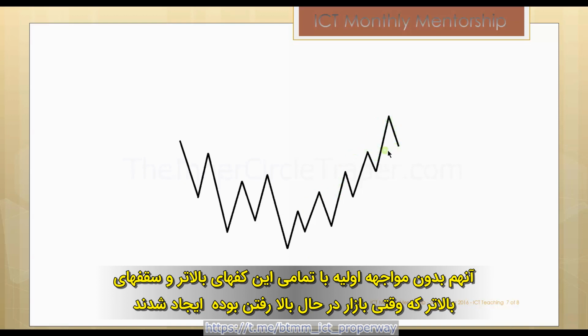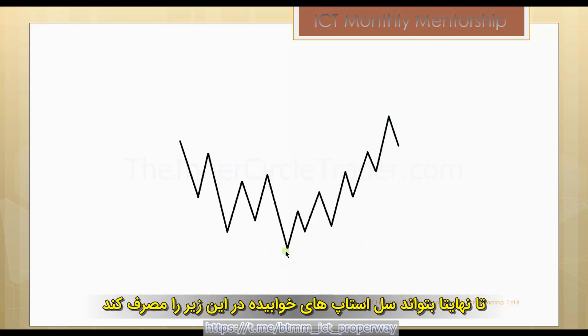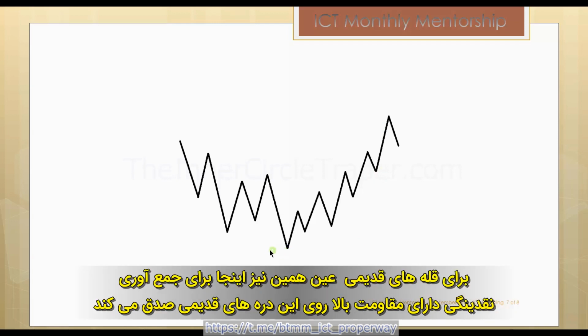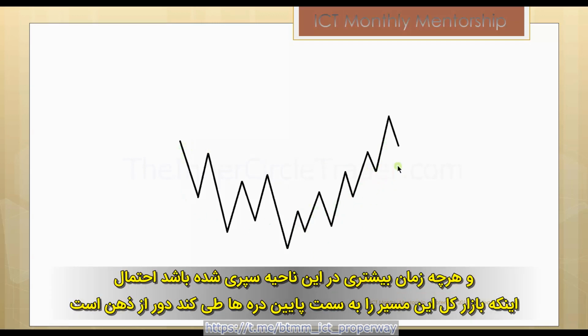So to get through each one of these highs, there's going to be a lot of resistance to just run down out the stops that will be resting below this low. Again, just like we just mentioned with the high resistance liquidity run for old highs, the same is true here for high resistance liquidity runs on an old low. It's going to be very difficult for price to reach down through all of this price action, and the more time it's spent in this area, again, the more unlikely it is to make a market move all the way down to this old low.